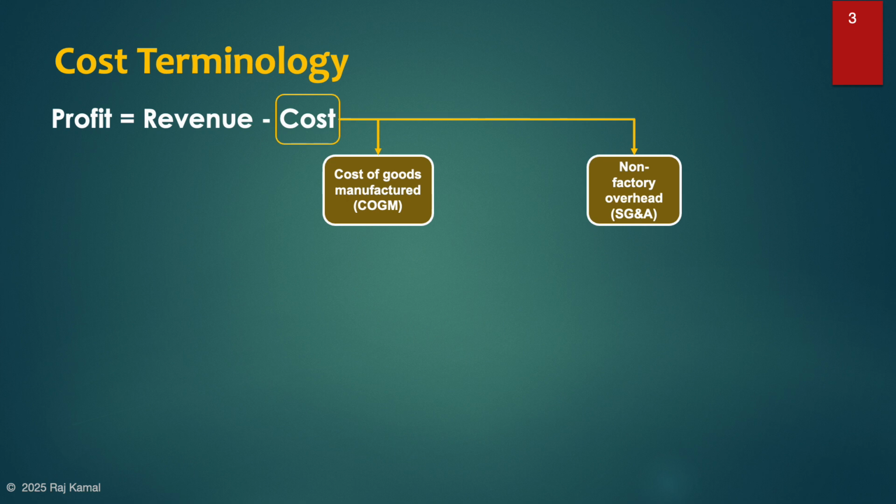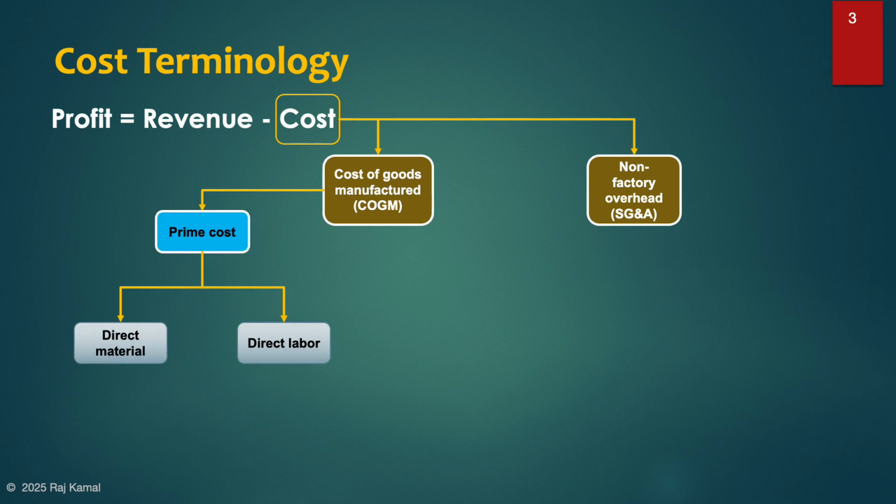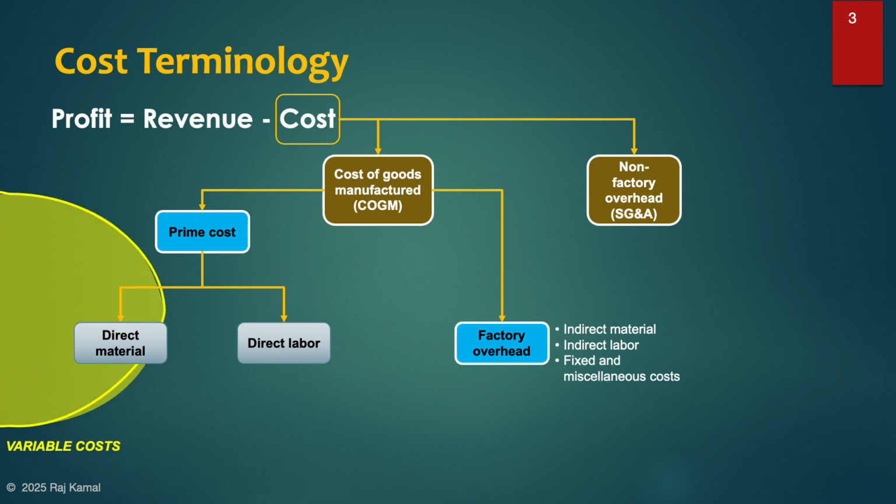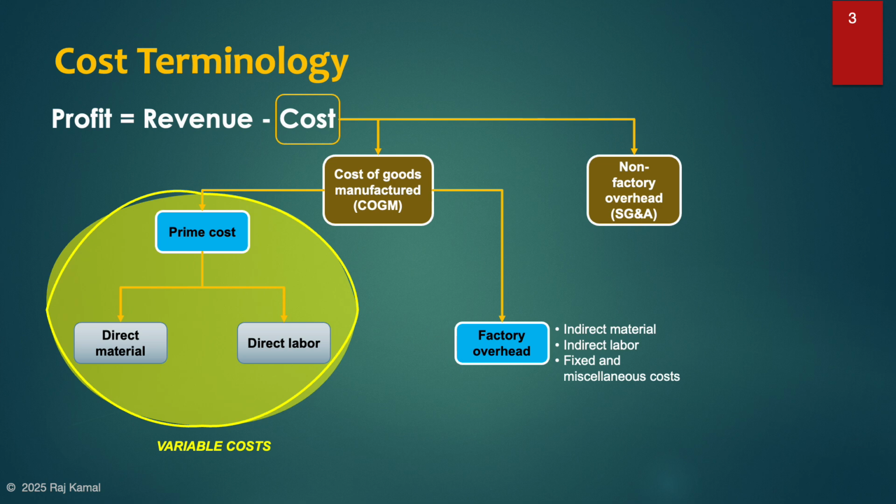If we look at cost of goods manufactured alone, it has two components, as we discussed earlier, direct material and direct labor. Combined together, they are called prime cost. It's just terminology. And then cost of goods manufactured also has factory overhead, which includes indirect material, indirect labor, fixed and miscellaneous costs. Now, if we look at the prime cost, which is direct material plus direct labor, those are also called variable costs because if you don't manufacture anything, you don't incur those costs, which means they vary